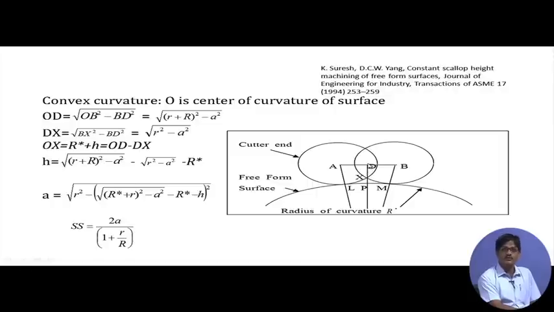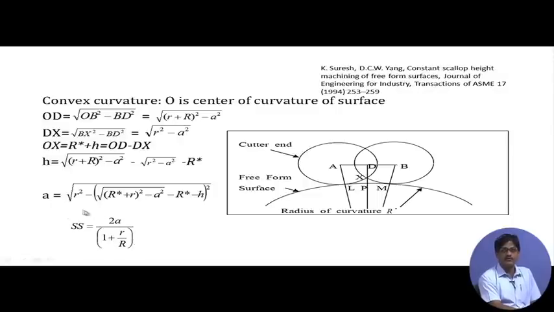X d will also be related to the cutter height, I mean the scallop height, and the radius of curvature of the surface in a direction perpendicular to the cutter path. So, this way these relations are drawn up. It is taken from this particular reference, and I am not going through them in detail, but you can definitely follow it. This is the relation which comes from the triangular similarity relationship we visited just now, and from there